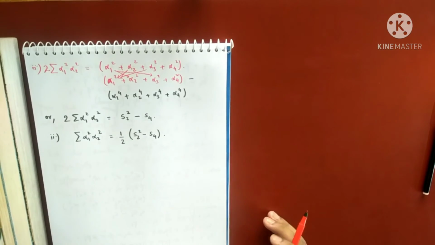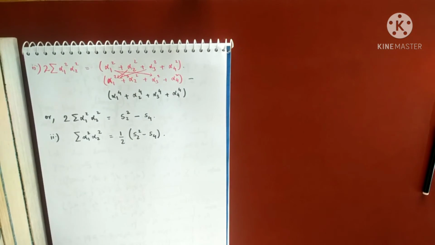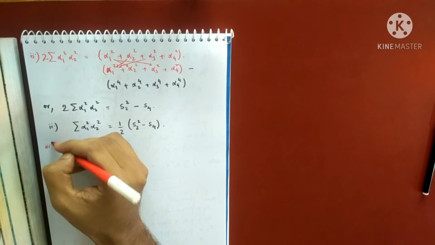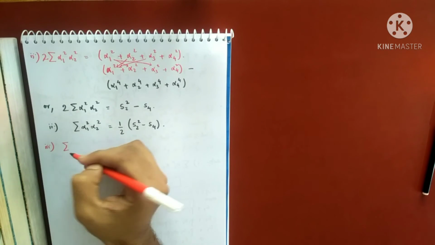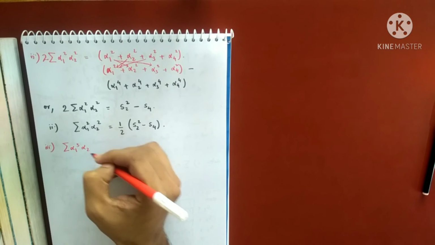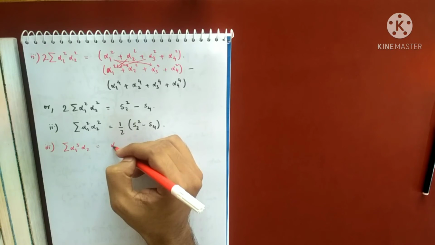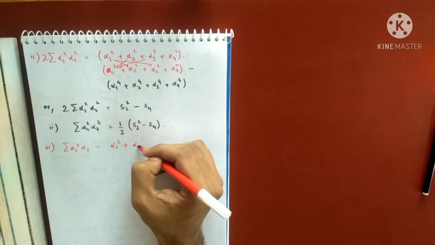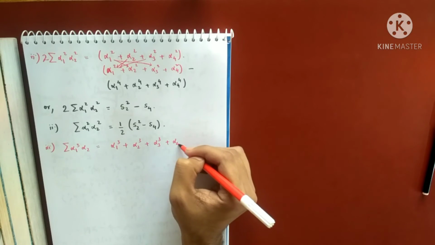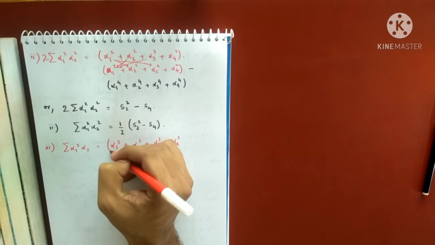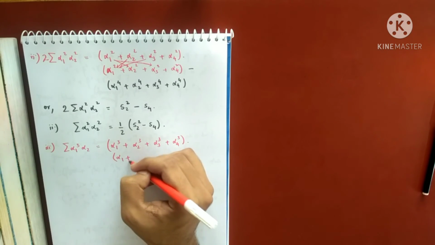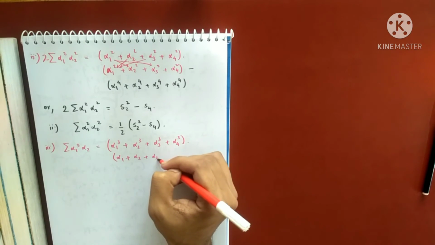First you copy this down and see whether you have any doubts or not. So number 3, what I have is summation alpha 1 cube with alpha 2. This is very easy. So this can be written as alpha 1 cube plus alpha 2 cube plus alpha 3 cube plus alpha 4 cube into alpha 1 plus alpha 2 plus alpha 3 plus alpha 4,